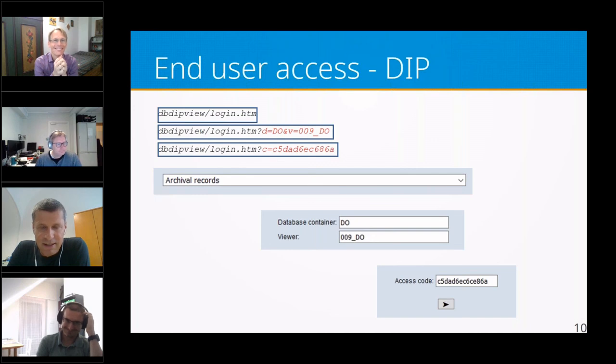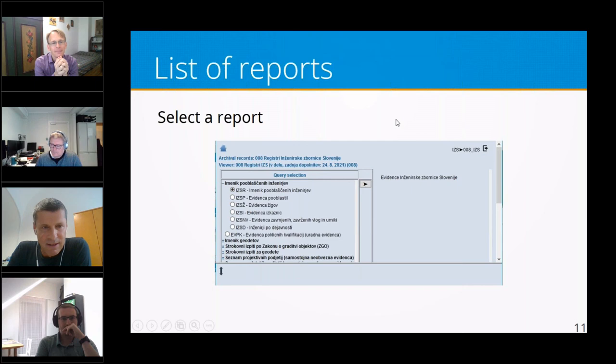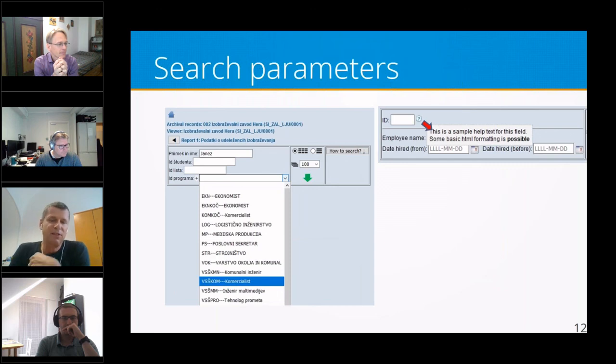Another possibility is where the database is not public, you will not see it, so you need a special access code to come to this next screen. And here we see all the available reports. So remember, when we got the first version of SIP, we created an empty package, and then we configured the reports. And the last version of these reports, which are configured in XML files, is now seen here on this screen. I select one report, I jump to the search screen,